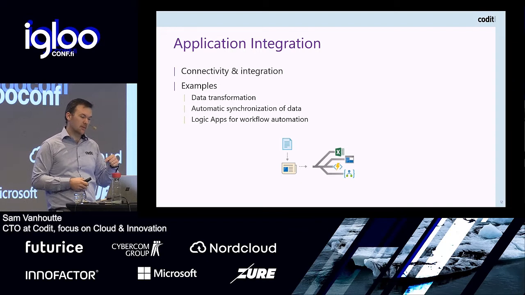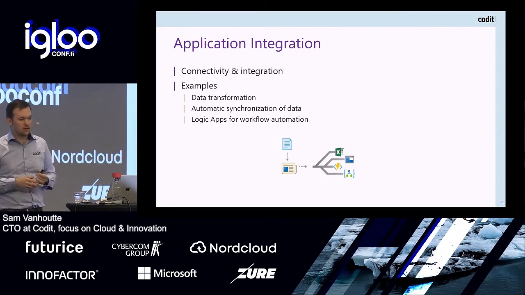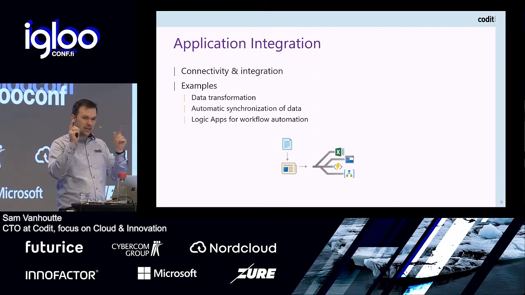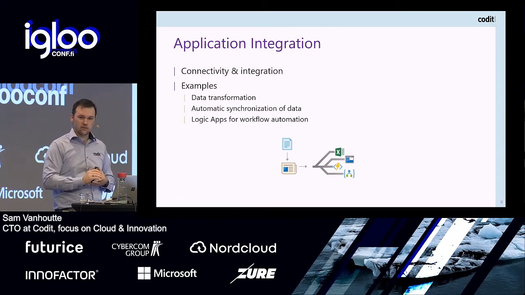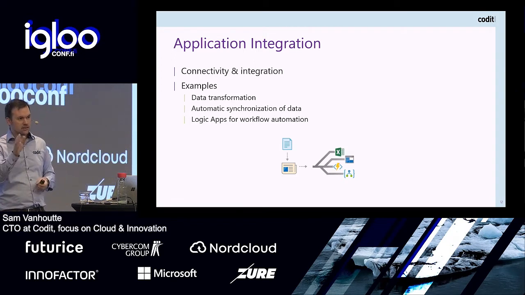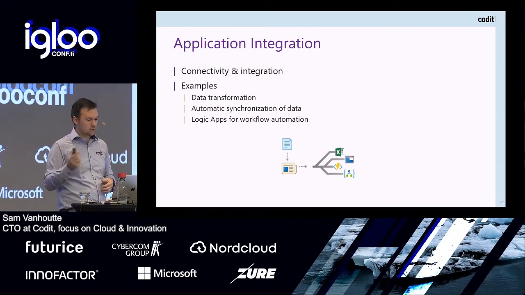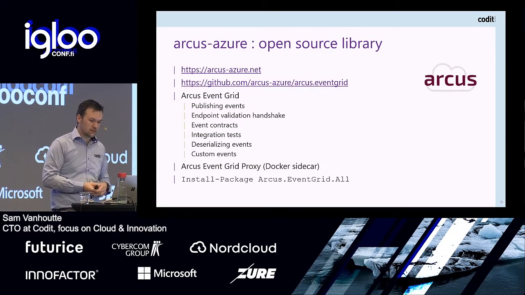And then the other one is application integration. So people that have been using Logic Apps or even BizTalk in the past, there you can really have communication between different systems where Event Grid is also helping to push things from one application to the other. Again, it's one-to-many, you will see that. So you can have one event handled by multiple receivers. But we'll talk about that soon.